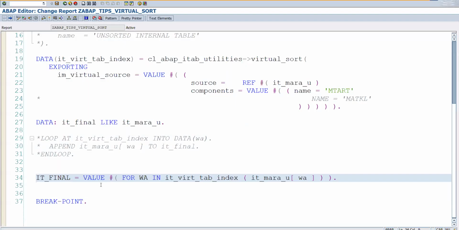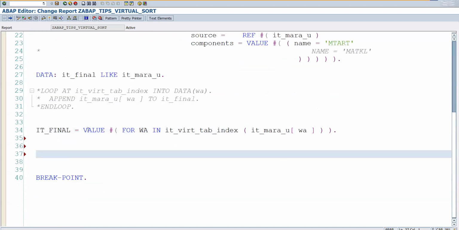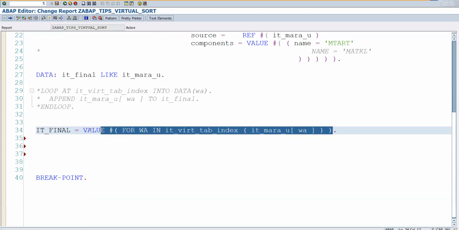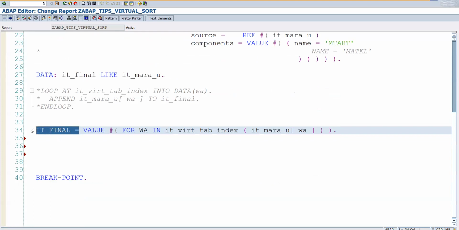Now here IT_final is not required. Why? Because this is the value operator. This is the for loop. So we can use this directly as an expression, and that's why this is not going to be required. So for example, if you want to display the output,